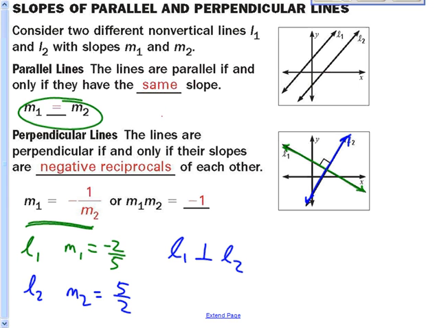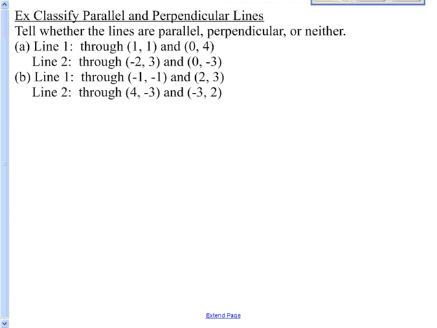Up above here, we had line 1 being parallel to line 2. Those are the symbols for perpendicular and parallel, respectively, right? That's parallel, that's perpendicular, if you've forgotten that. Okay, let's do some problems now with that. Tell whether the lines are parallel, perpendicular, or neither. So part A,